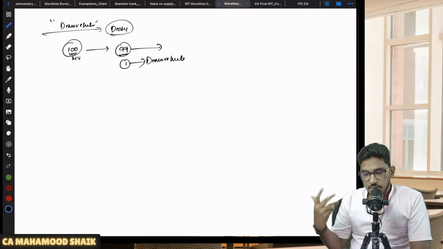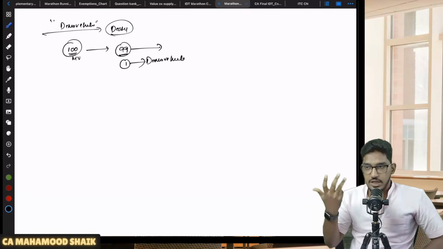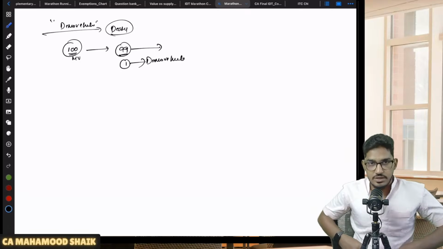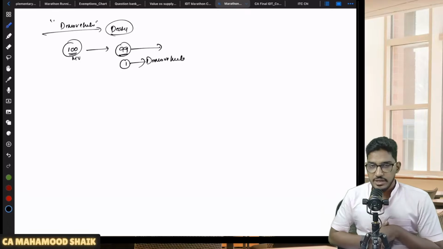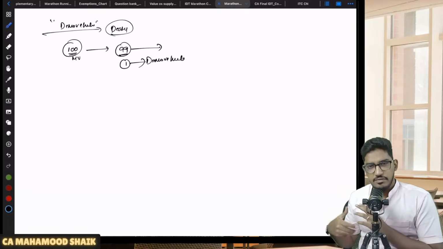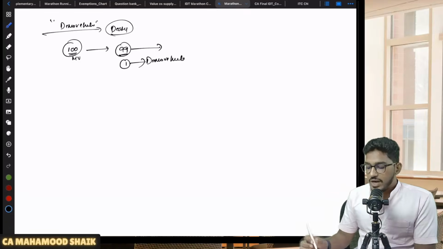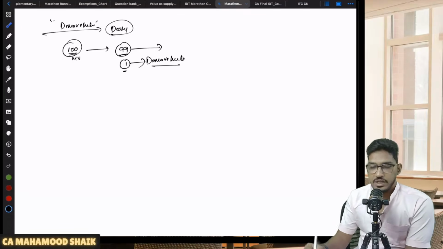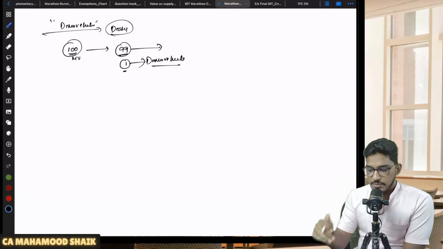Sir, what do you mean by demo vehicle? Today, if you go to a dealer and want to purchase a car, first you have to do the test drive. People would like to do the test drive. Without doing the test drive, people will not be able to purchase it. People will not be able to get the feel of how the car looks and how it feels when driving. That's why one vehicle, whatever he has purchased, he is going to keep for demo vehicle purposes.